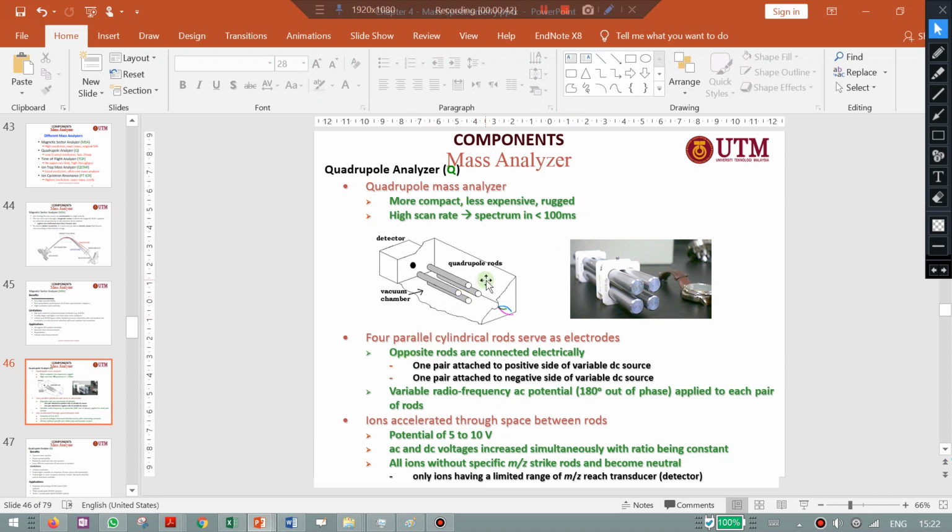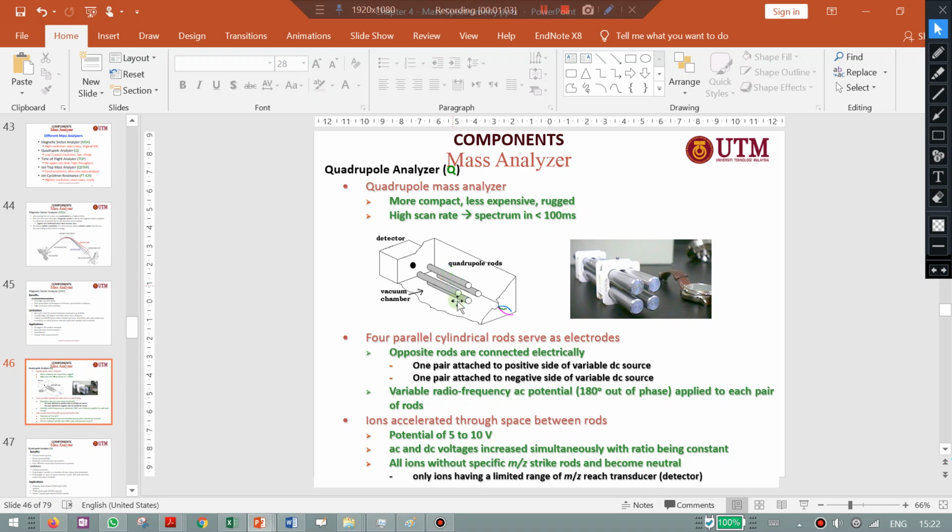Alright, so quadrupole, quadra means 4. Pole, of course, batang, 4 batang. So you have 4 poles. Quadrupole means you have 4 poles that you apply the magnetic field over here. Okay. Right, one pair attached to the positive side of a variable DC source, one pair attached to the negative side of the variable